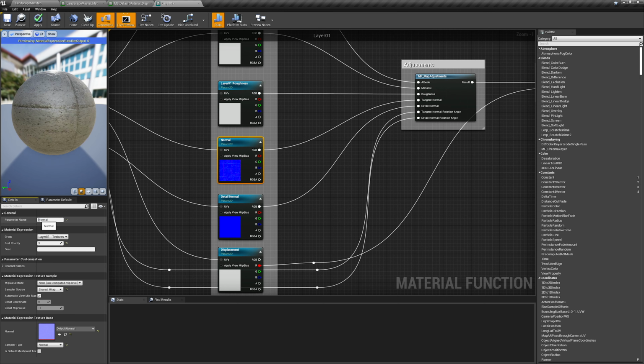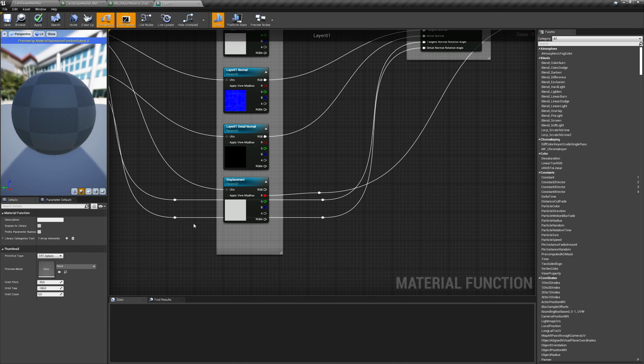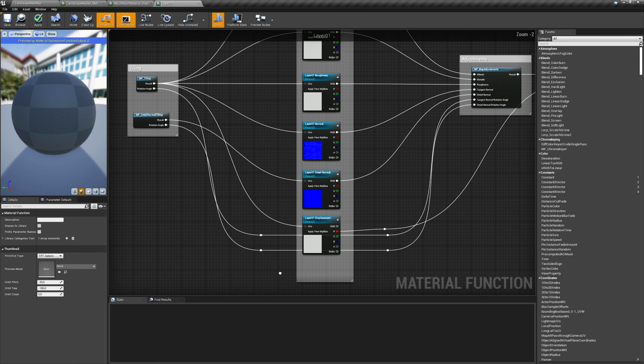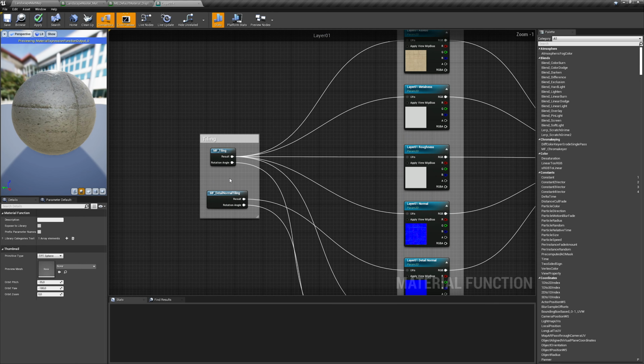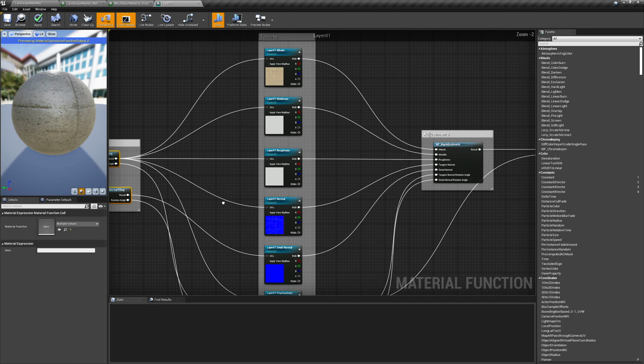The normal map exactly the same. Same goes for the detail normal. And finally for the displacement parameter name, just copy layer 01. Then in the next step we will replace all of the material functions like the tiling ones here, also the